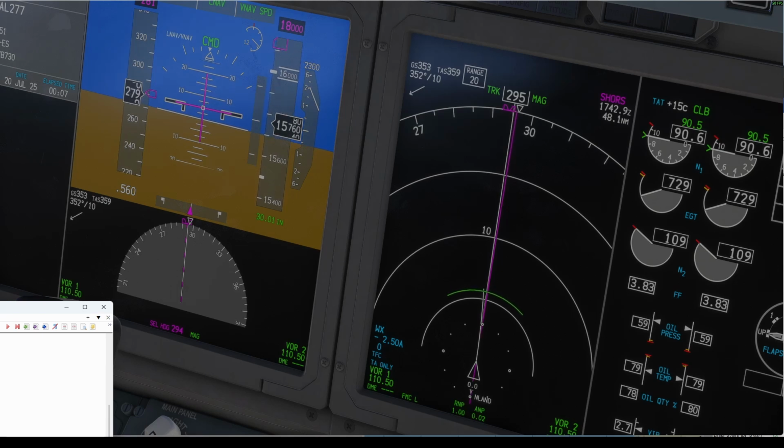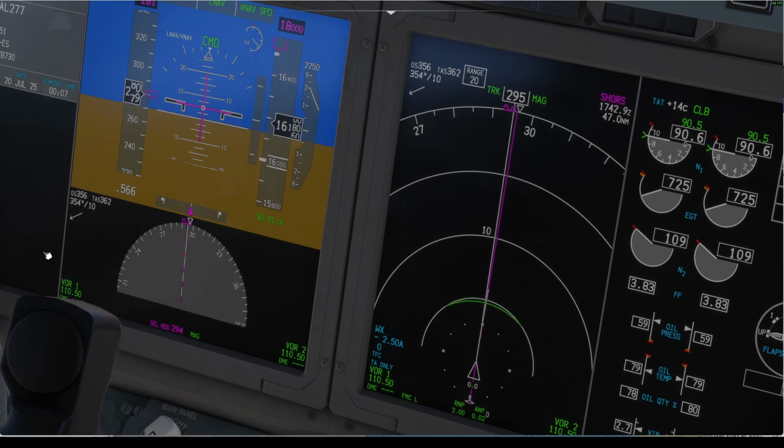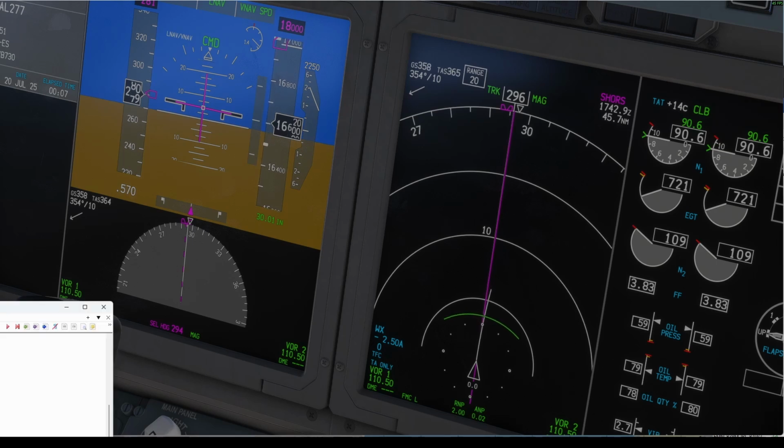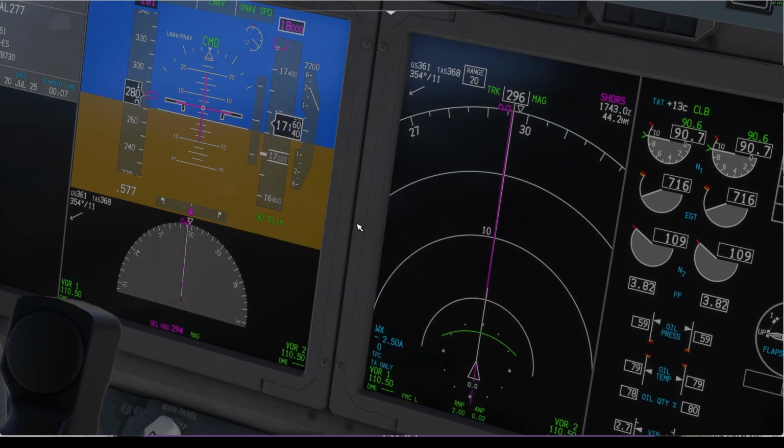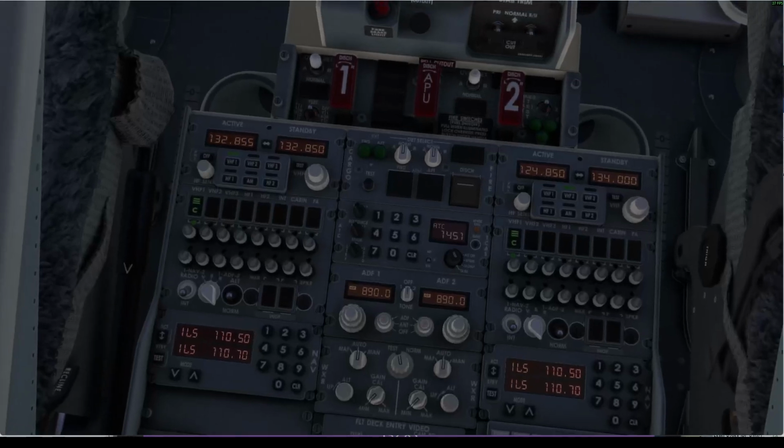Okay, I will tune that in my manual radio over here in my radio stack. November 354. And then we tell them where we're at. Los Angeles Center, United 277 at flight level 164. Nothing to do. 132.85. That's what we're on, right? How come we didn't hear anything? Oh, it's